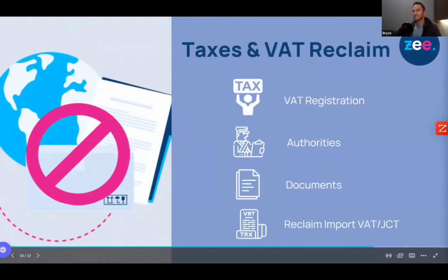Steve is ecstatic and cannot wait to send new stock to Japan. Steve asks his friend, who works for a tax firm, to help him organize his documents to claim back his import VAT or JCT. This will basically be a massive help in funding his new stock purchase. But Steve is not aware of how precisely organized his documents need to be in order to reclaim this JCT